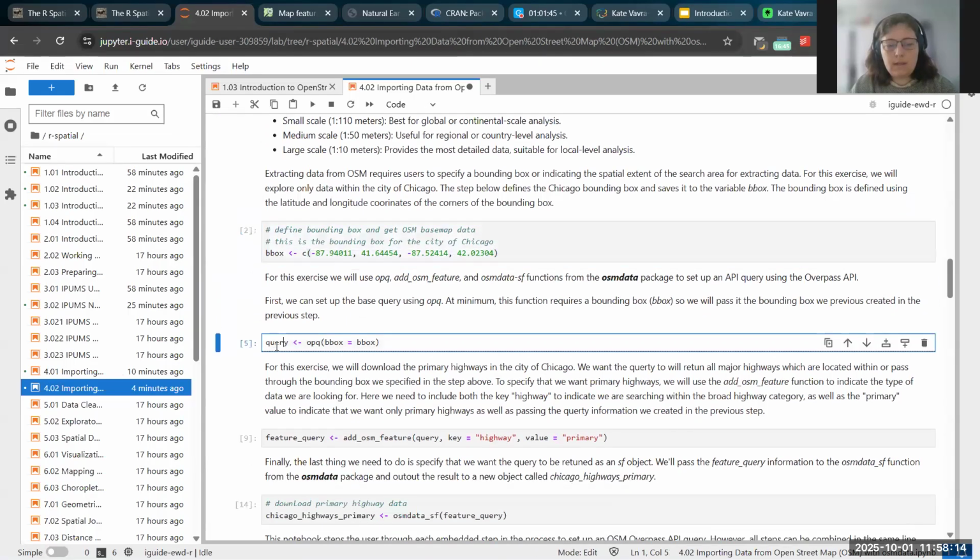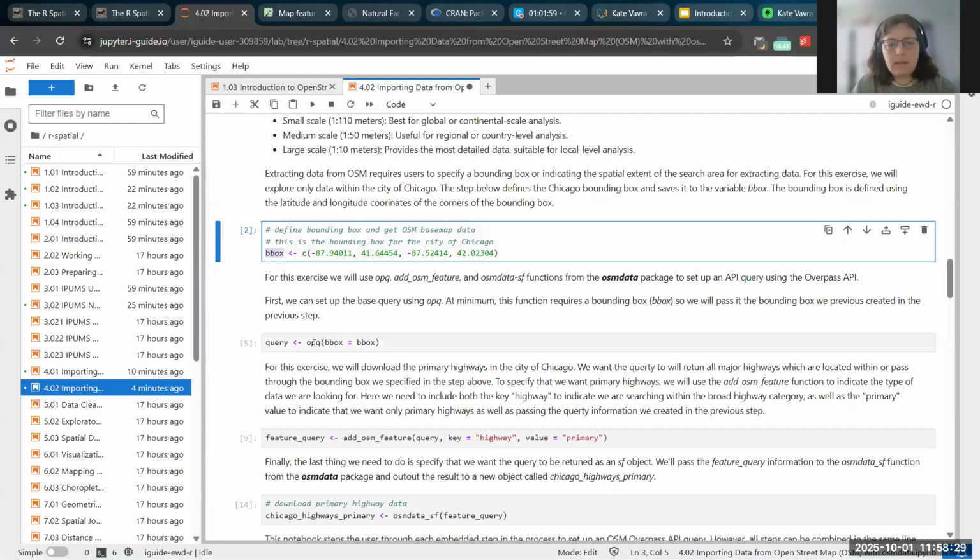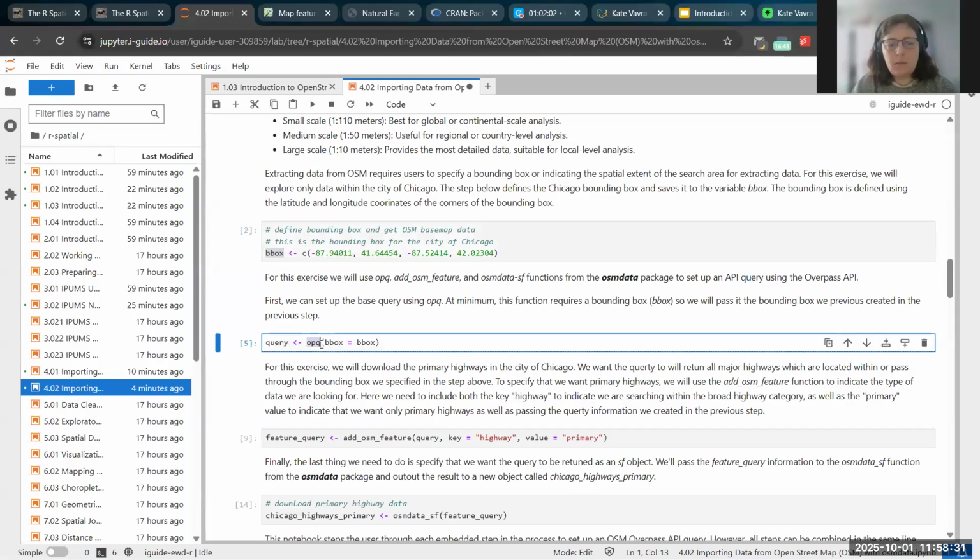And then I'm going to set up my query using that bounding box. I'm going to go step by step through all of the components of this API call that I'm setting up, but at the end I'll show you, you can put it all in one line. So I set up the bounding box. I use this OPQ, overpass query command, which just takes a bounding box, and a few other components, but at minimum we just need the bounding box,